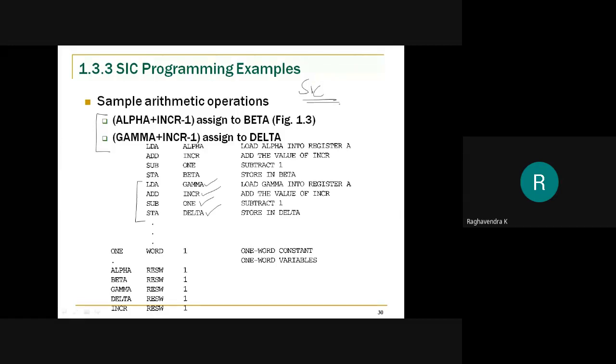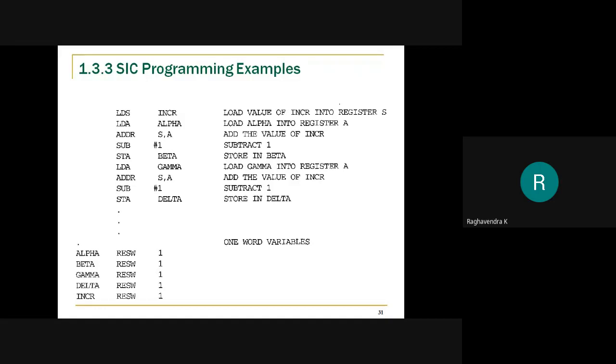Now look at this program and this one. Do you see any difference? Of course, one of the constants is gone. Which constant was that? The one word 1. So that is gone now. Why is it gone?